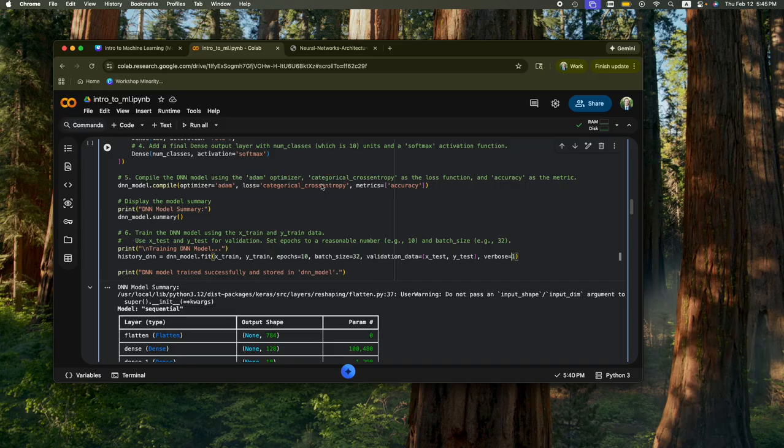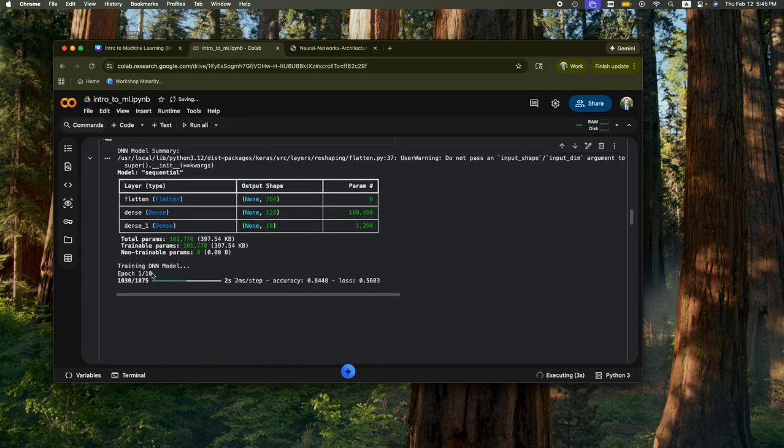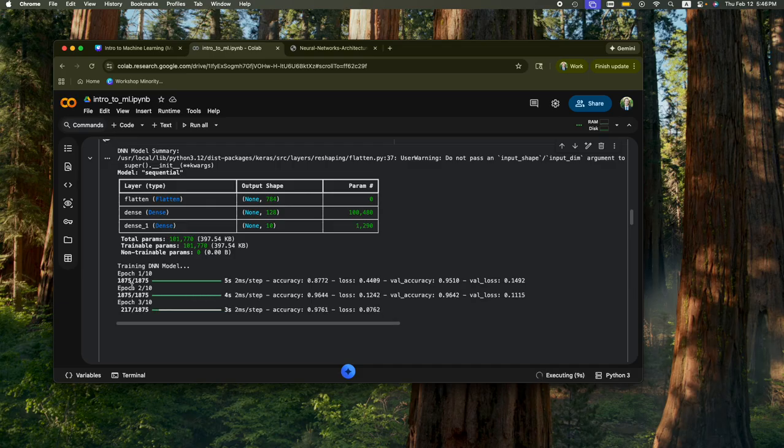So let's train this model, and I can't see anything. Okay, thank you. Okay, there we go. This one's very saturated, but you can see right here the DNN is training. You can see its accuracy and loss are going down. Hopefully they are. Actually, yeah, they are, which we'll see plotted.